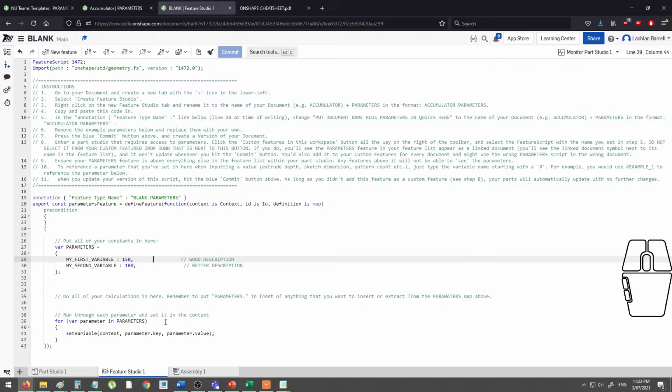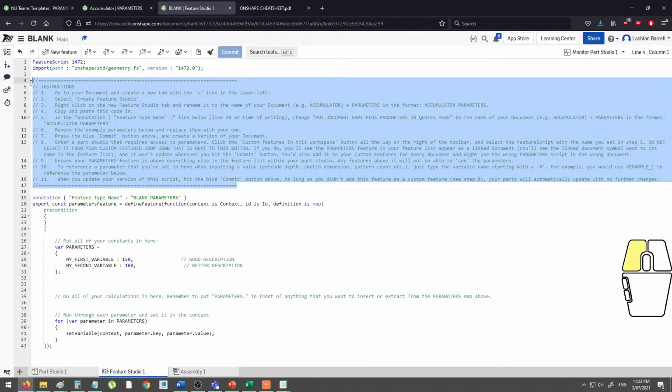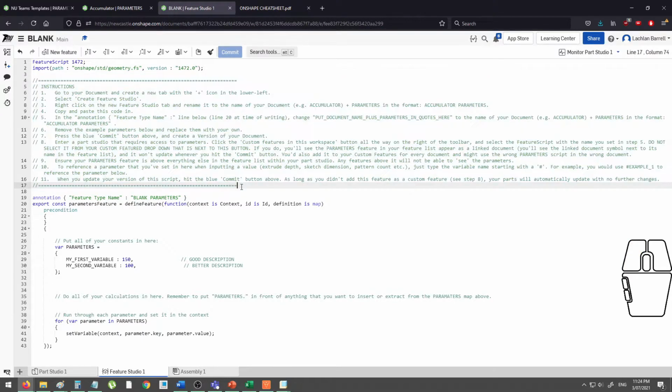You can do mathematical operations as well. Please remember to read the instructions up here. It's super important that you do, because there might be some things that you miss. And if you ever want an example on how to use all of this stuff, I recommend that you just